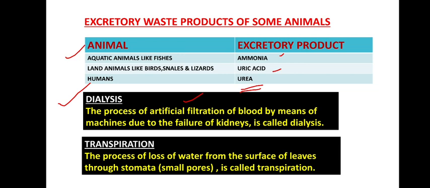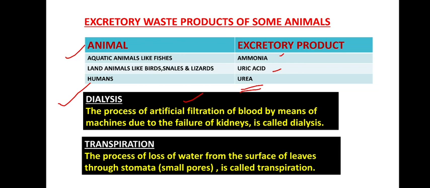And the large intestine and rectum help in removal of undigested food. The undigested food in the form of feces is removed from the rectum through the anus. That is egestion, which we learnt in the digestive system. So egestion is also a form of excretion. In the human body we have skin, lungs, large intestine or rectum, and kidneys. Kidneys are the main excretory organs in our body.